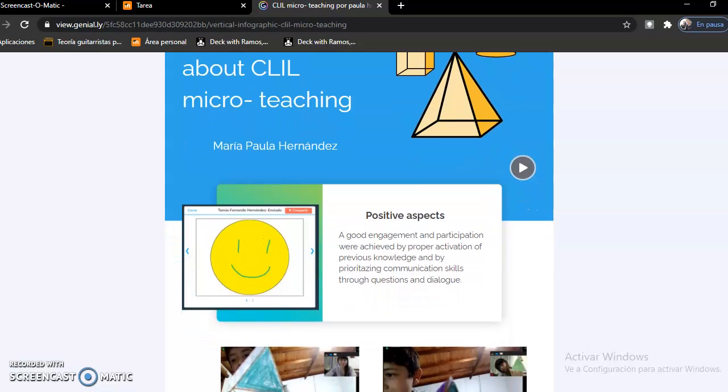So for this microteaching, I chose three-dimensional shapes as a topic, and it was designed for one student who is currently in first